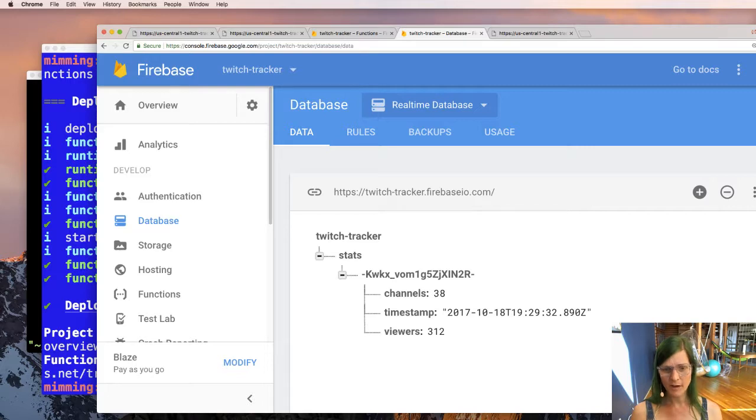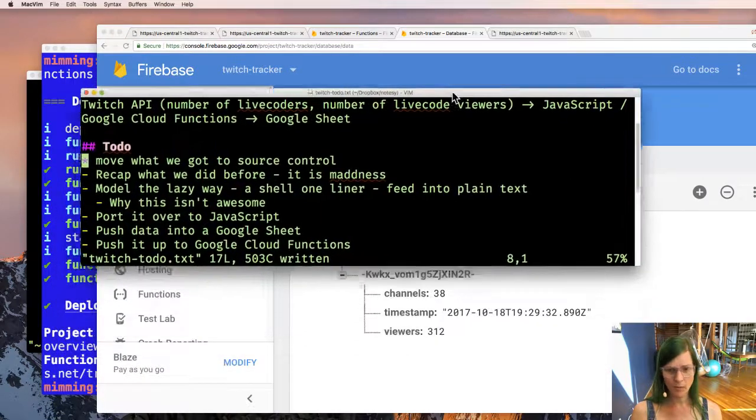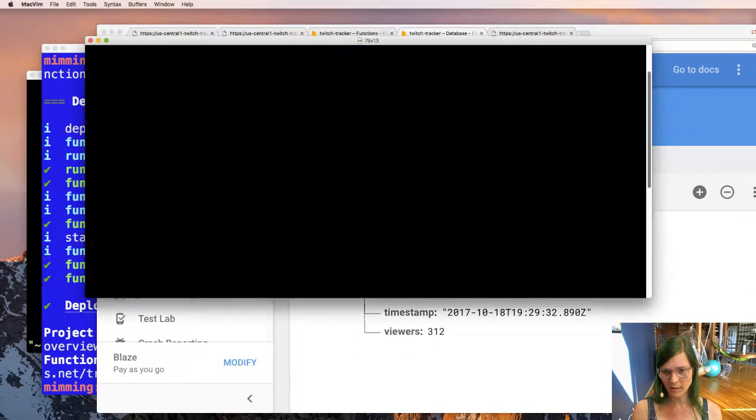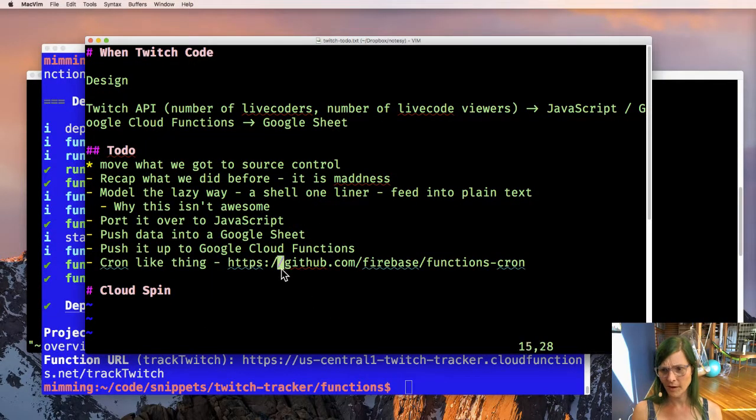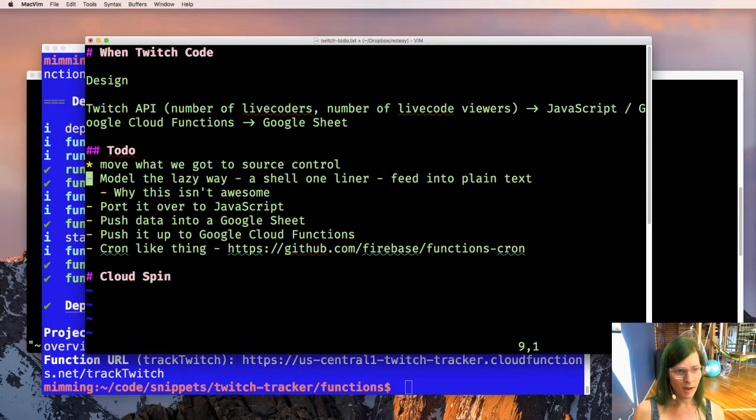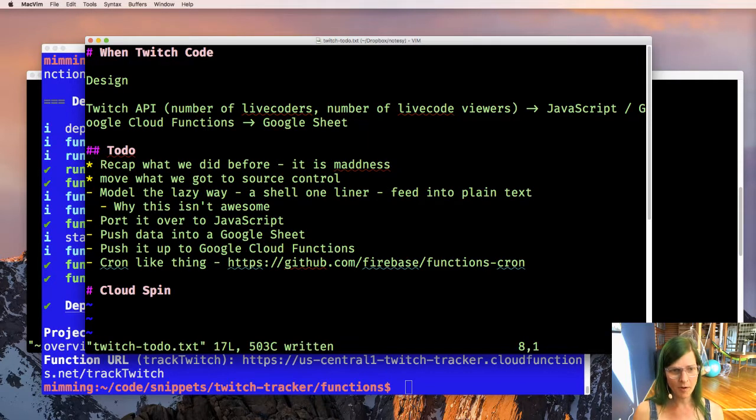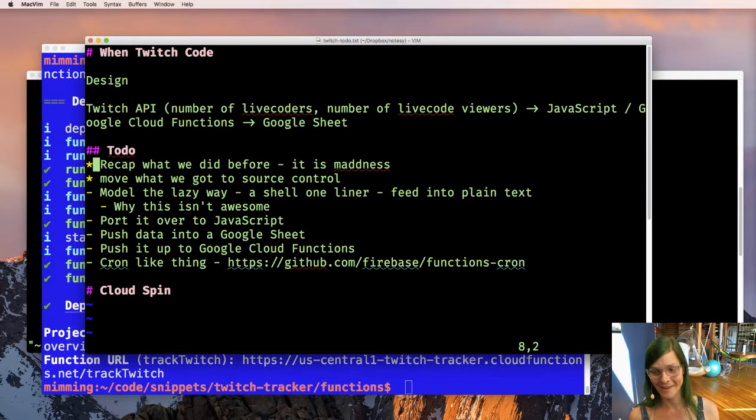So let's recap what we did. Let me bring up my fancy ants to-do list. Let me close this. And here's where we started. One was recap what we did last time. We did that. And I was very bewildered by the mess of Python code that I pasted in there that was not even compiling Python. It was just a stream of consciousness from the first time I was learning how the Twitch API worked. We reused 0% of that code, which is fine.